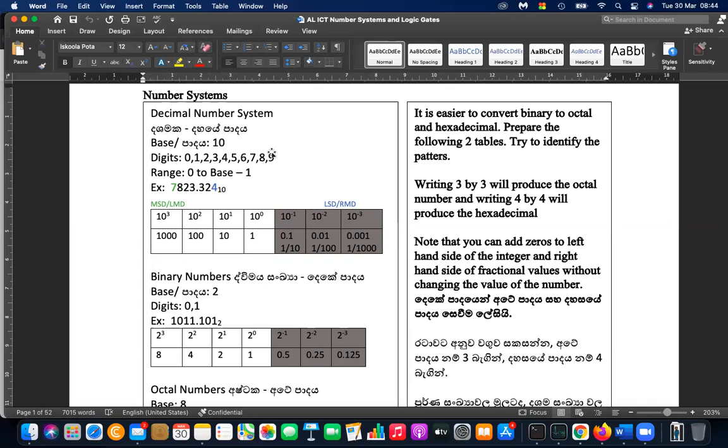The first one is decimal, that is our system. I would like to explain this as a summary. In our number system, or the natural number system that we are using,